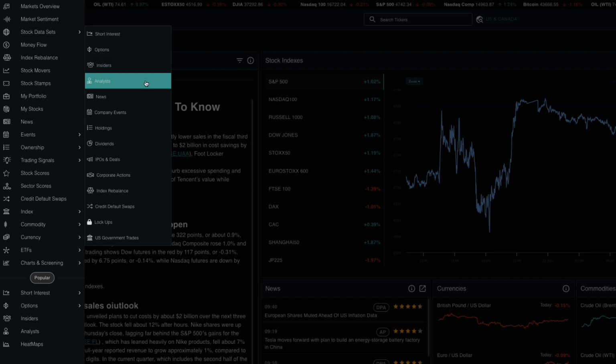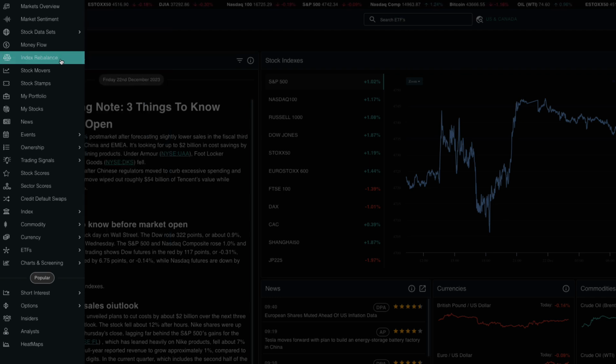Analyst data. Users can understand the current stance by institutional analysts that cover stocks. Index rebalance. When a stock enters or exits the S&P 500, there are billions of dollars of passive money tracking the underlying stocks. This means stocks entering and exiting indexes can be subject to huge impact based on index constituent